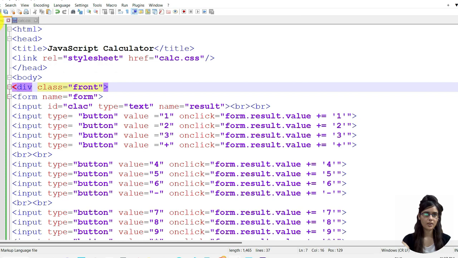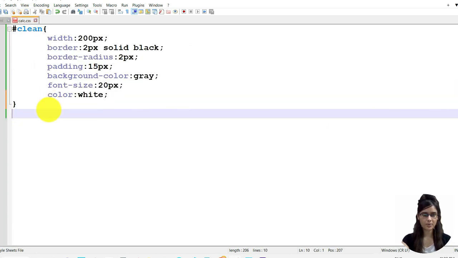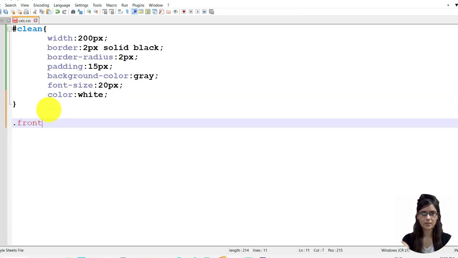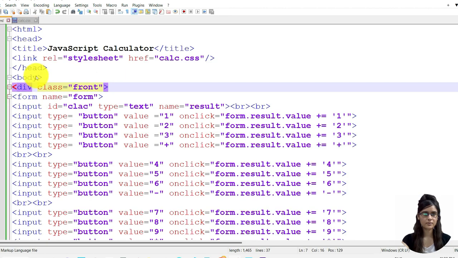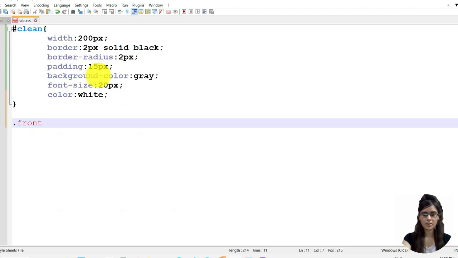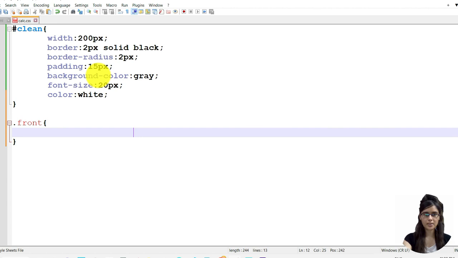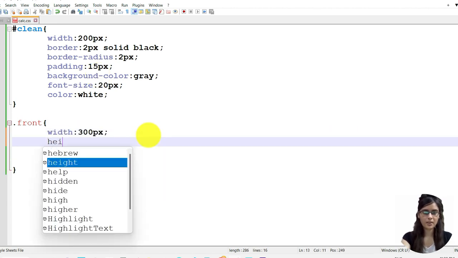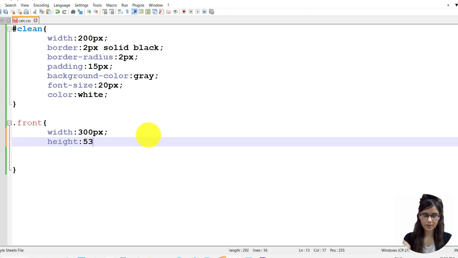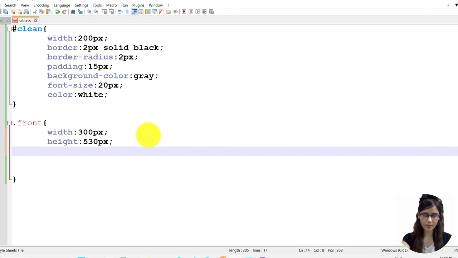So now we'll style this div tag, that is front. So here we have this class, so we will access the class front. Done. Now we will style this. So width we have 300 pixel, height we have 530 pixel, and then we will give the border, suppose 4 pixel solid black.